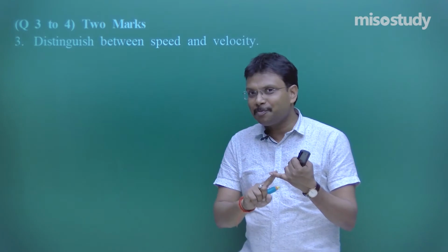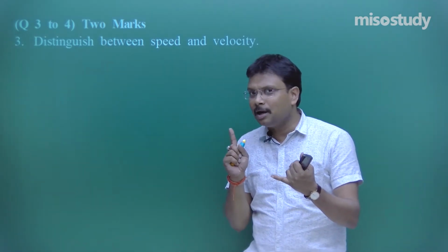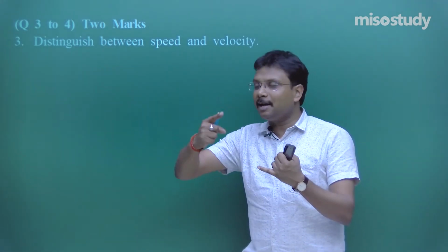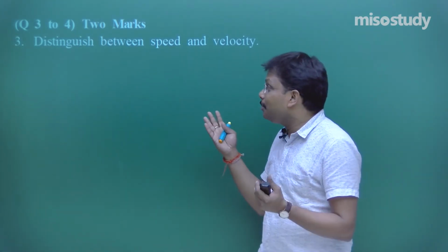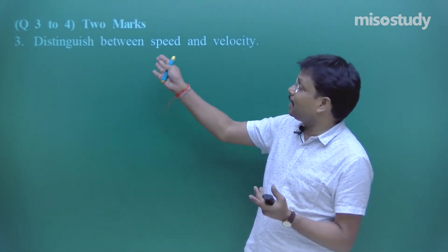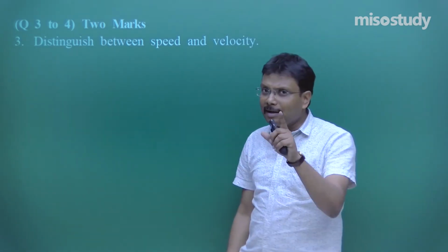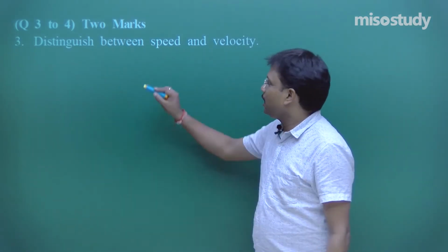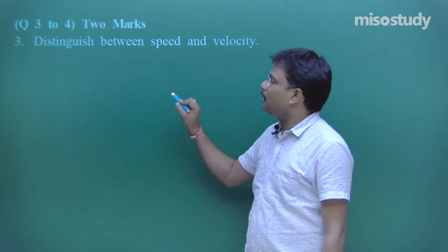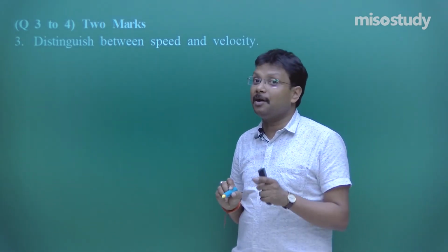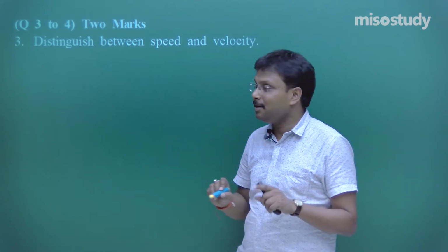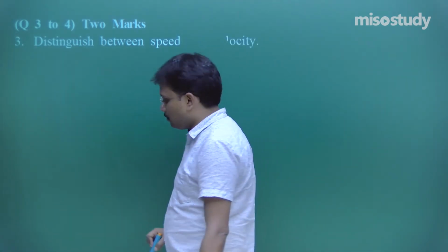You started with speed, then you came to velocity indirectly, and then you are correlating these two. Yes, I elaborated enough. Now you can write down at least 4-5 words. Speed is a scalar quantity while velocity is a vector quantity. Fine. So simple, you can write it like this: